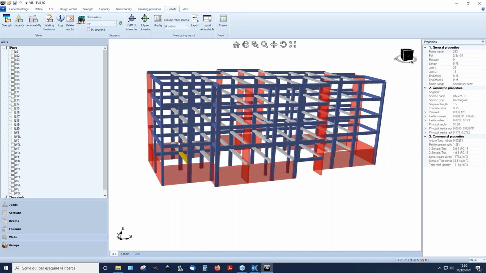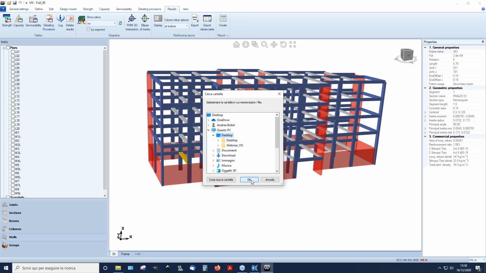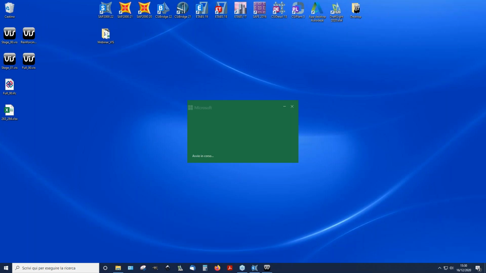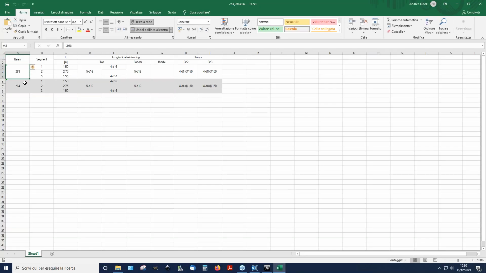And this can be done selecting one or more elements, so one or more beam or column rows, and click on Export Rebar Table. You can export the rebar table and then look at the rebar table that includes basically the name of the member, the segment of the member, the length of each segment, and